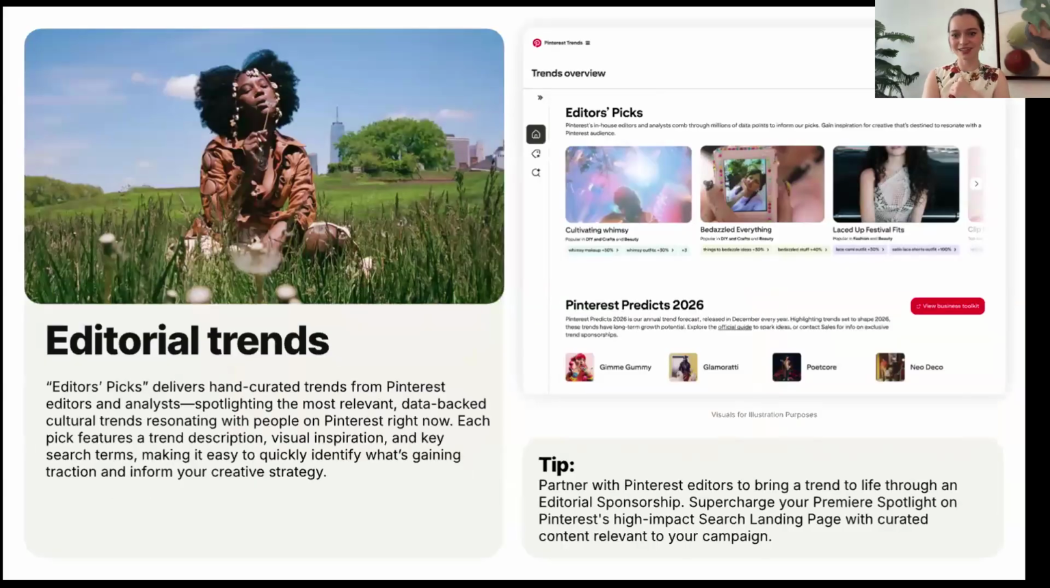audience insights. And if you're looking for quick inspiration, check out our Editor's Picks Trends. These are dear to my heart because they are actually hand-curated cultural trends pulled by our Pinterest editor team to give you a quick pulse on culture. So they're not just any trends. The Editor's Picks are backed by platform data and chosen so you can keep a finger on the pulse of